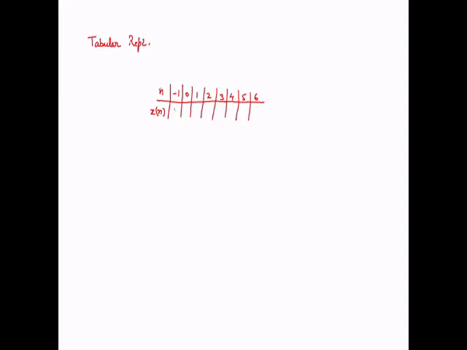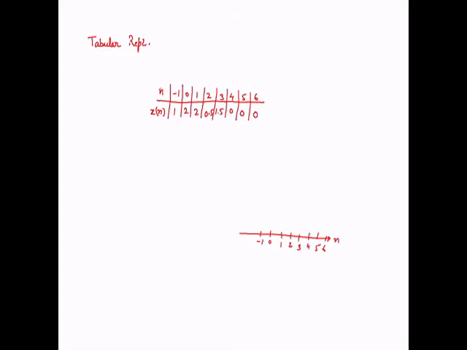So at -1 value is 1, at 0 value is 2, at 1 value is 2, at 2 value is 0.5, at 3 value is 1.5, at 4 value is 0, at 5 value is 0, at 6 value is 0. So again we have to use the graphical representation. Again we have 0, 1, 2, 3, 4, 5, and 6 here.